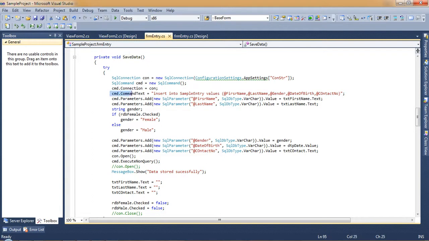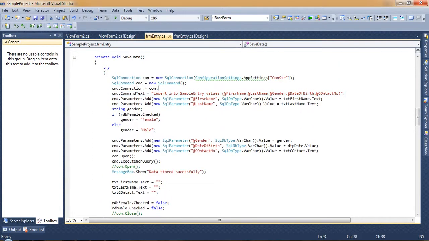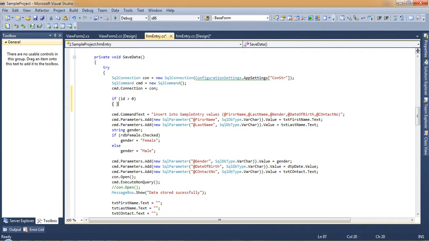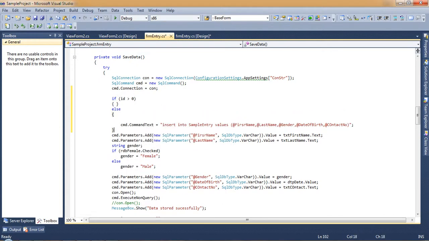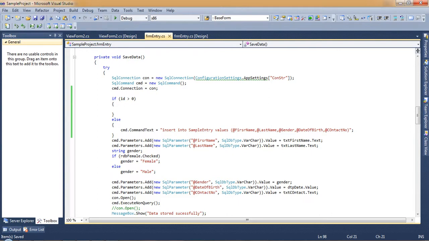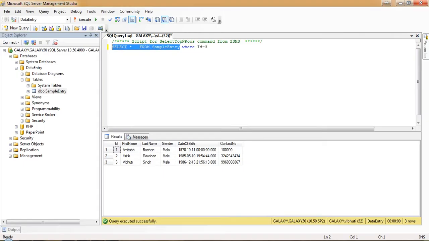So only our command text will change, the rest will remain the same. So I will write a condition: if id is greater than 0, else this. So it means if id is greater than 0, you are passing the id from that grid, so your command text will change.